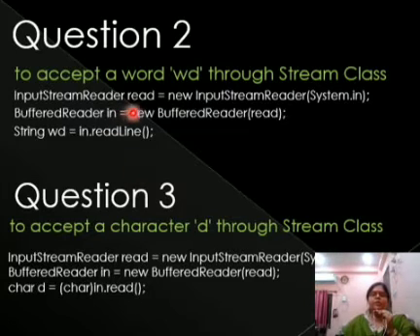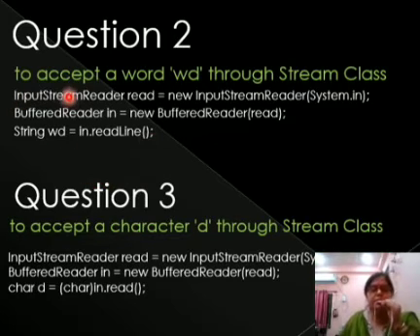Now the second question is how to accept a word through a string. How do we take a word or string from this memory? The InputStreamReader and BufferedReader will be the same, you have to write that only. Then we take a String, because a word is taken in a string, with in.readLine. Here we just write the variable of your buffered memory and readLine. Because the input is in string form by default, we have no need to convert it into a string in readLine.